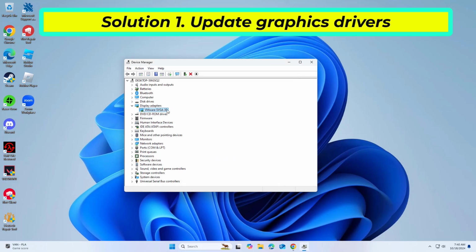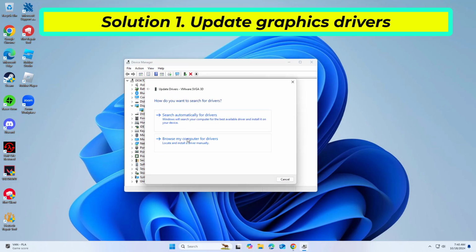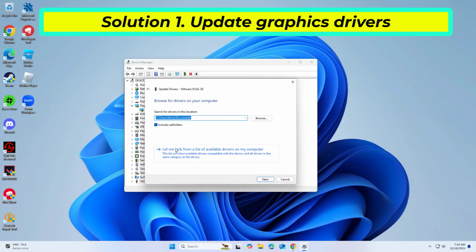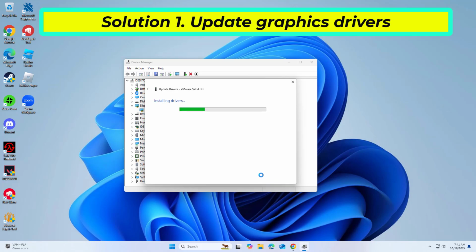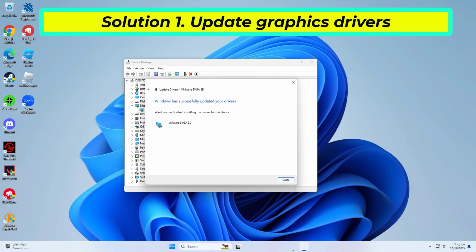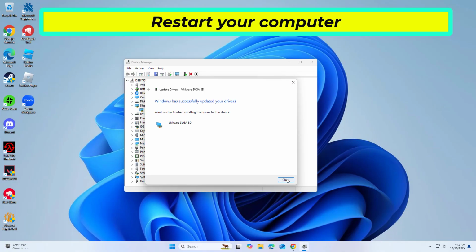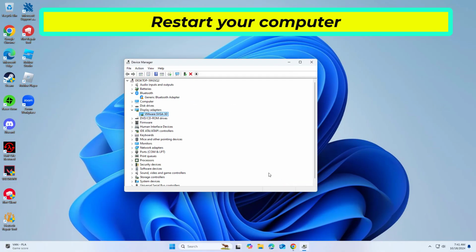If updates are found, allow them to install. Restart your computer after updating all necessary drivers. If that didn't work,